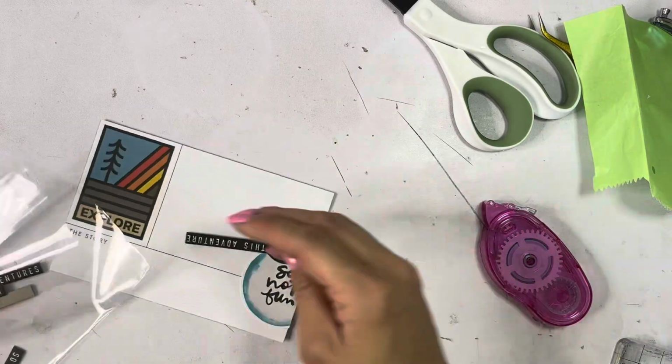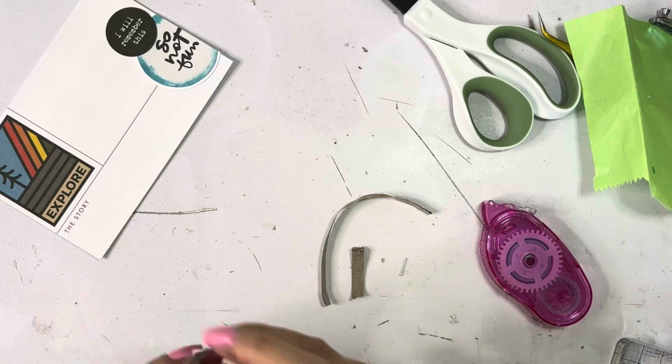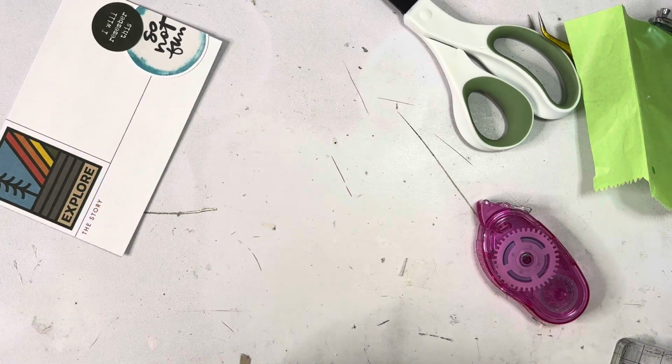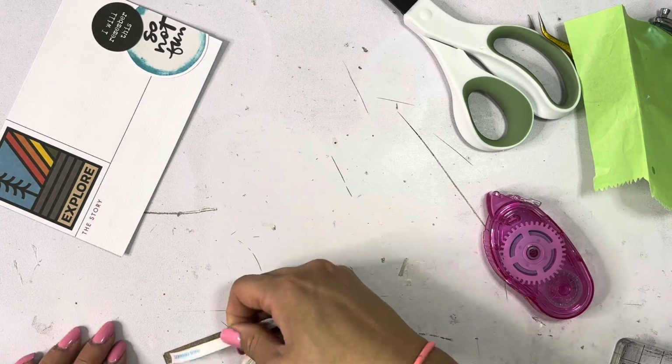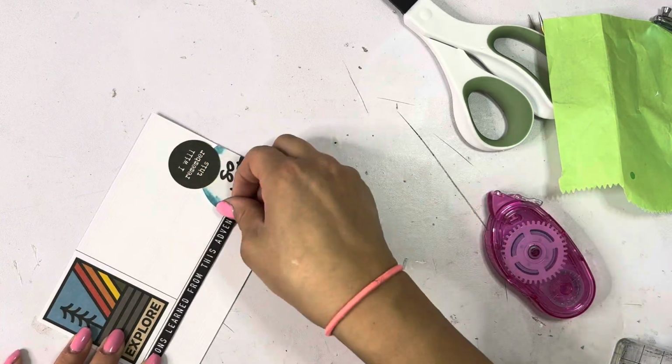So I found the So Not Fun die cut from the Fun Storyteller kit. I had this I Will Remember This circle in my stash, and I also adhered the chipboard piece that says Lessons Learned from This Adventure. Then I took the alphas I've been using throughout this particular album to spell out musical cabins on the top